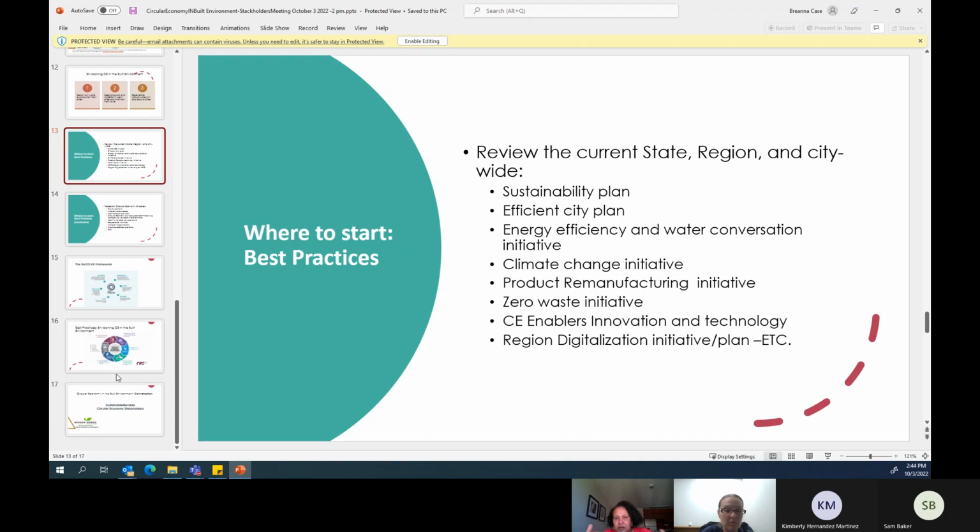Next are enablers, identify enablers like remanufacturers, recycling, composting, technology, you name it. Zero waste is very good because it also increases public awareness about waste reduction. It's very important, and we are working on it. Okay, next.